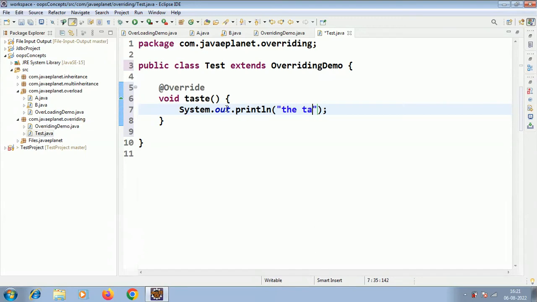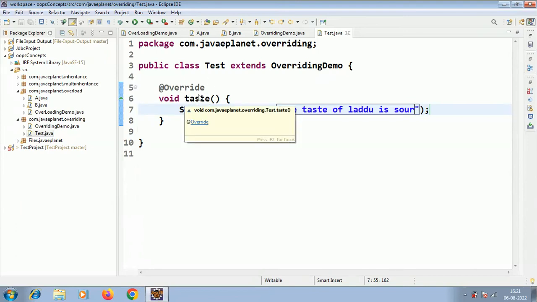The taste of laddu is so, control shift format. Here, to achieve method overriding, if a subclass has the same method as declared in the parent class,